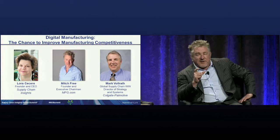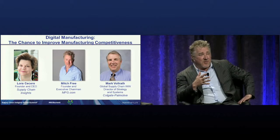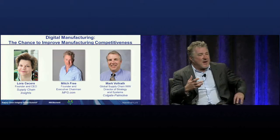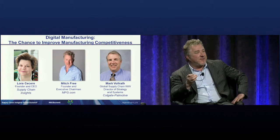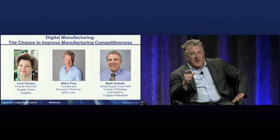And if you think about analogies like the photo industry, right? We went from the dark room where you had to have a lot of skill and it was a craft. And today anyone can print a photo. That same analogy is happening in the digitalization of manufacturing because of the way things get designed in a digital way. And when you combine that with